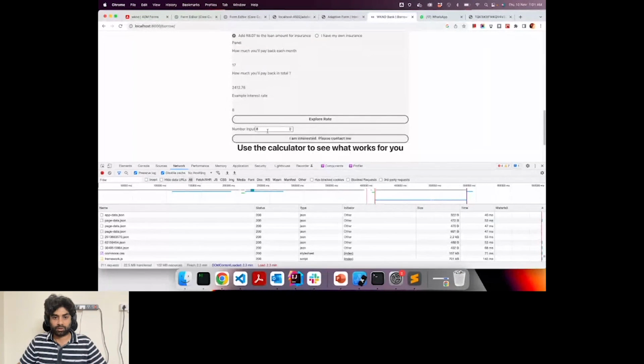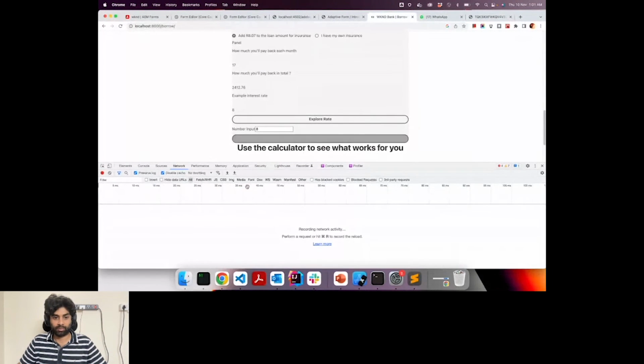If you click on I'm interested, please contact me, because now we have the proxy, there is some issue, but yeah, if you click on that, it gets submitted to the AEM, and the same data you receive as you have received from the headful rendition as well.